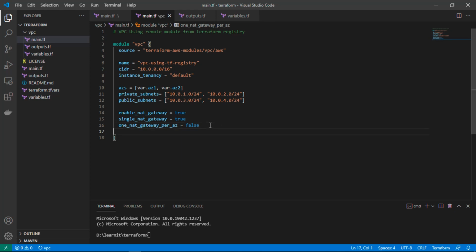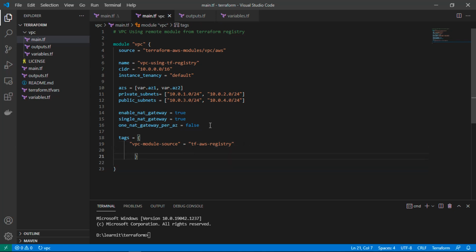And at last, we can provide some tags for our VPC using the tags attribute, which is an object of key value pairs. Here I am providing the first key as VPC module source, and for the value I am providing Terraform AWS registry.